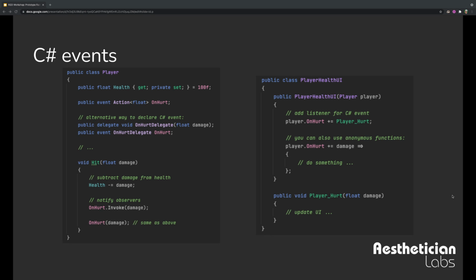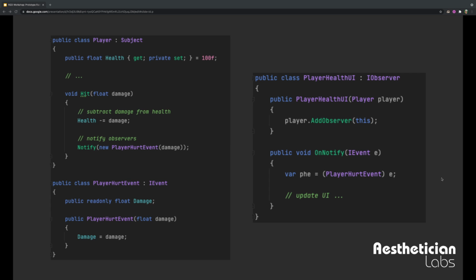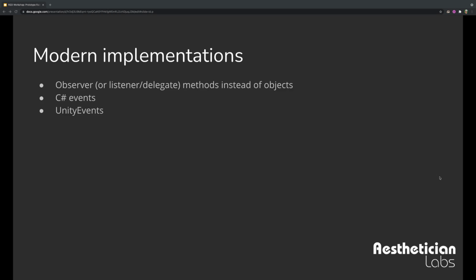I generally tend to lean towards using actions just because it's easier to quickly throw together. But you can, of course, define your delegates more explicitly here. And you can also define return types and that kind of thing with delegates. And like I said, there's Func, I think, is the other one, which allows for return types. Also, if you have a huge list of parameters, then a delegate might be better, because it could be annoying to define as an action. So it works very similar, though, like I said, to the original implementation.